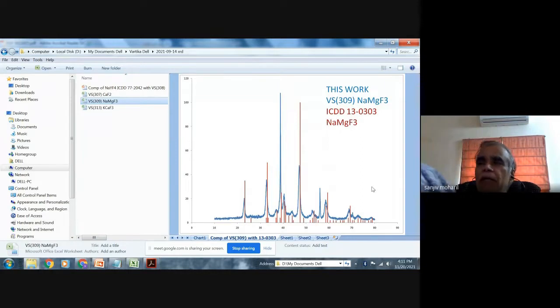So we have to remember that whenever we take a powder diffraction pattern, it is assumed that all planes are randomly distributed. But this assumption may not be true. If you are preparing a sample, there might be grain growth, and in a particular direction that growth may take place. So what we have to ensure is that we thoroughly grind the sample and send a very fine powder for the XRD analysis. So that is quite important, you know.